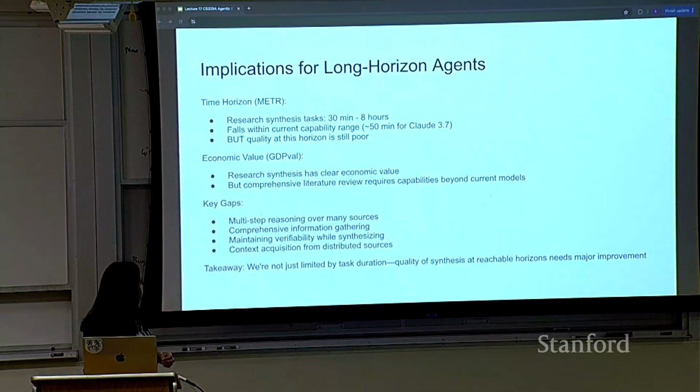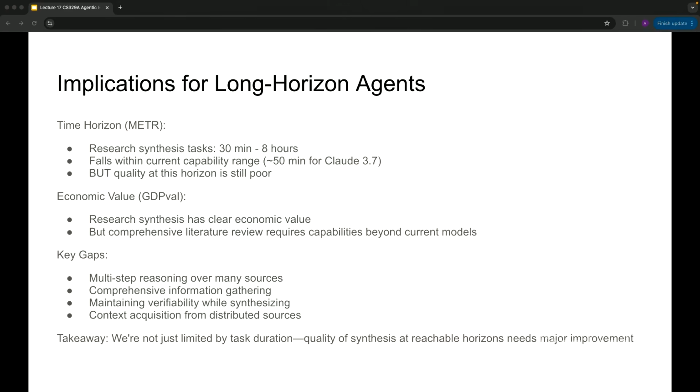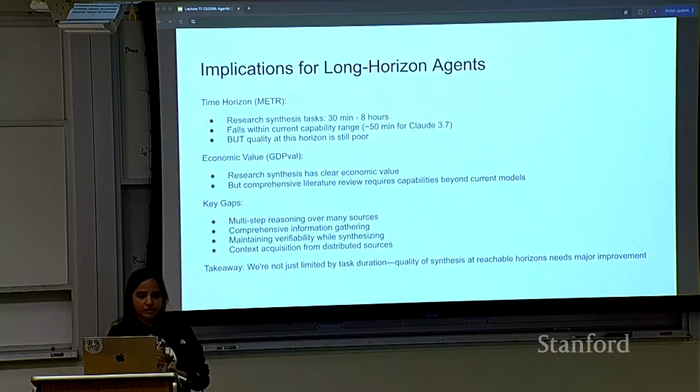Okay. So let's try to summarize across the different set of tasks. This is also addressing the question that our classmate asked. In the time horizon sense, research synthesis tasks can be anywhere from 30 minutes to 8 hours, but the current capability range is somewhere around 50 minutes, but the quality at this horizon might still be poor. You might still end up with, say, 50% success rates. What this is roughly saying is that research synthesis tasks are long horizon in METR, and even though they look good on that plot, they might not be